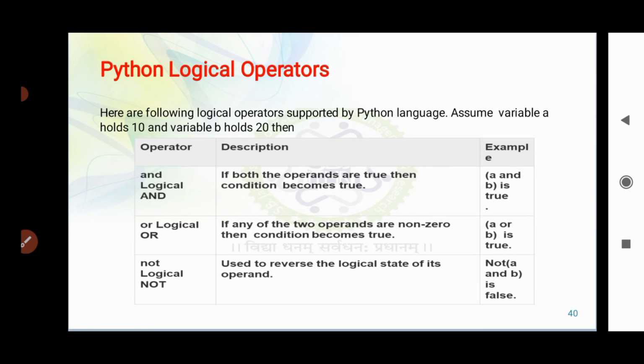Then we have Python logical operators. What is the meaning of logical operators? When the operations are done logically, your result will not be a specific number; it will always be in the form of a logical value.